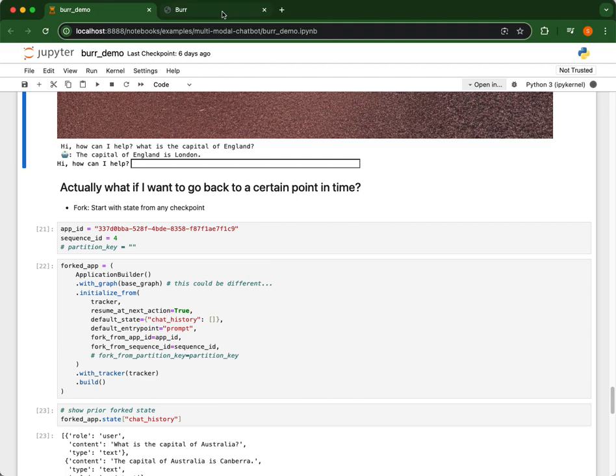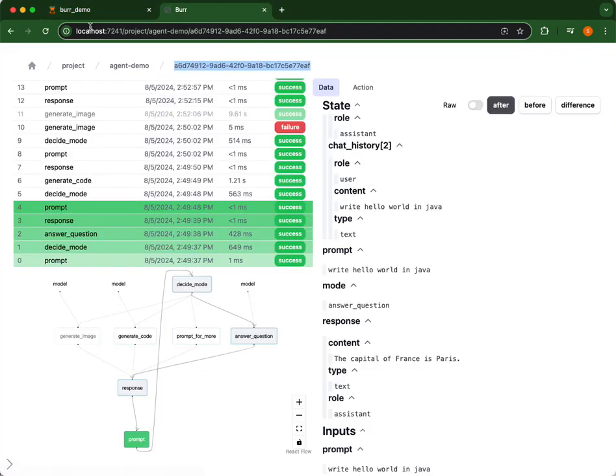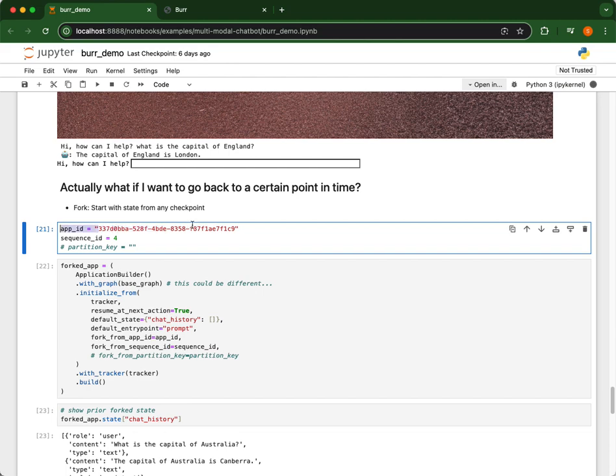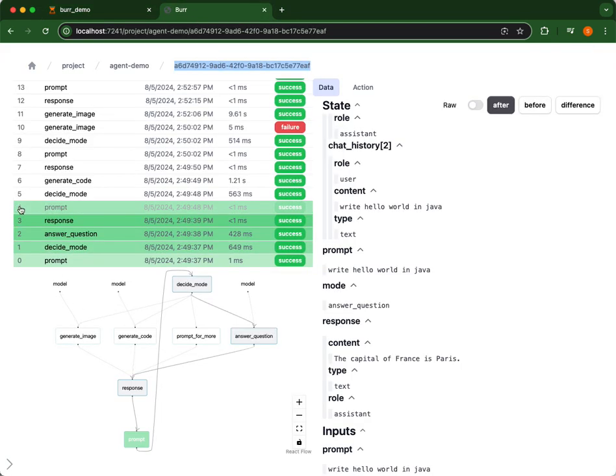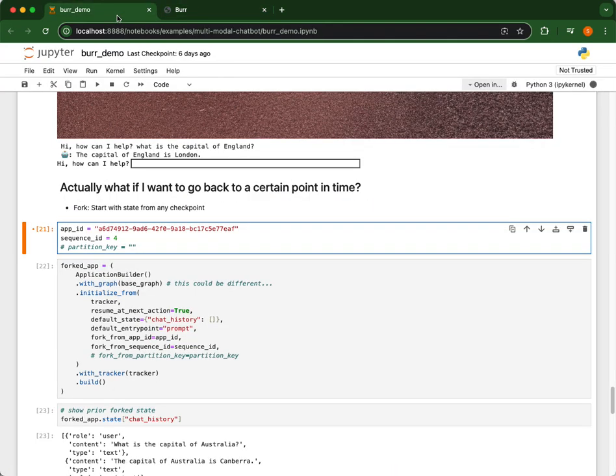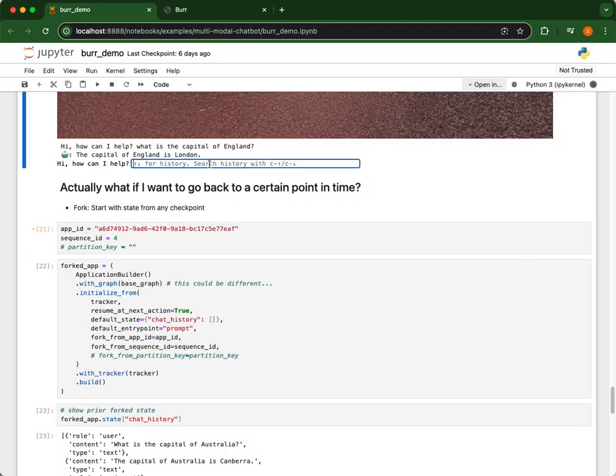How do you do that with Burr? Well, again, all I need is this kind of ID. I need a sequence ID. So here I'm going to go back to this particular step, and we put in 4. That means we're basically going to be at the end of this particular action. So where are we going to have the prompt? So 4 it is. I need to quit this one first,